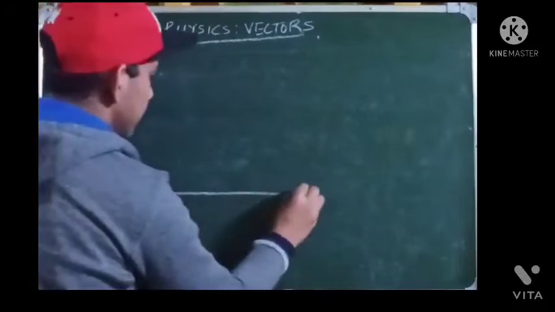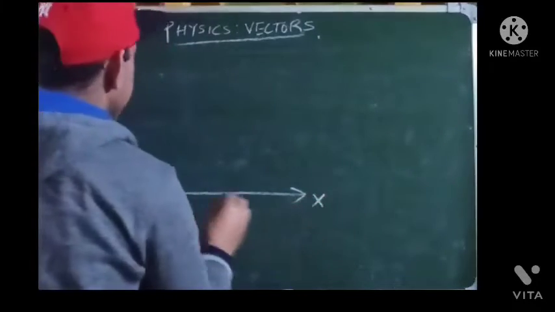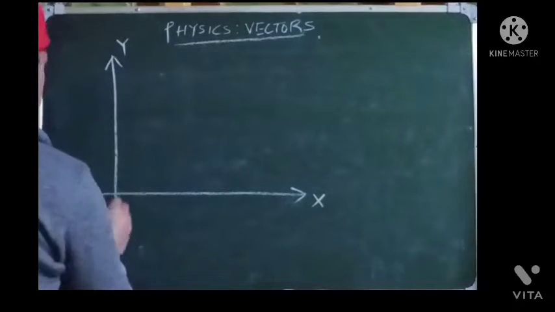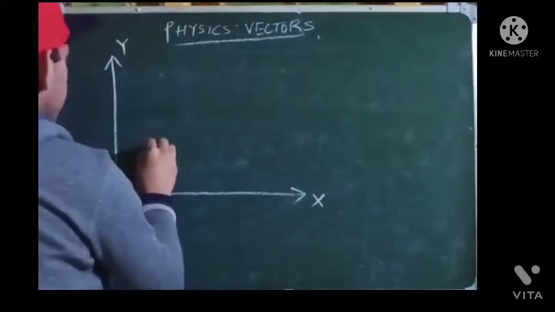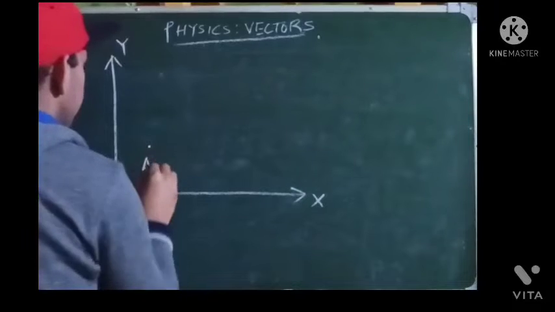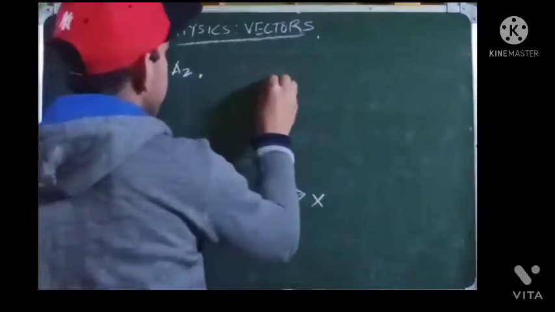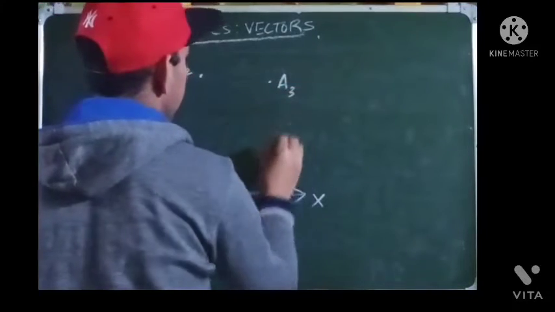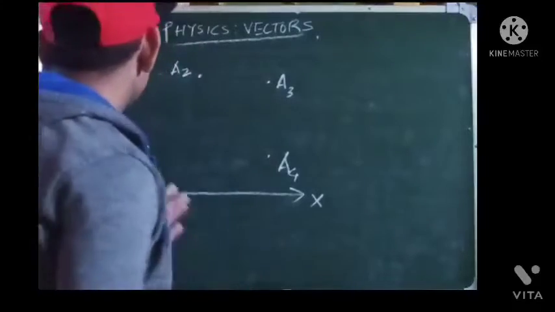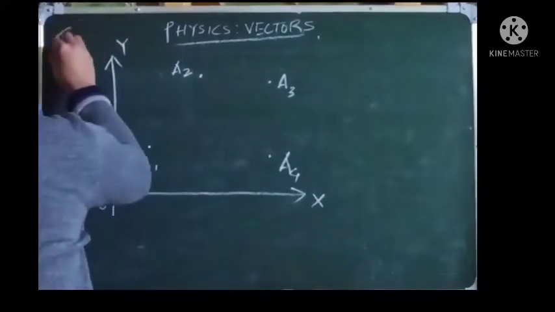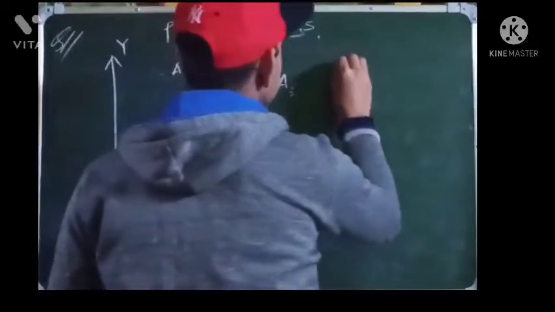Suppose it's in this reference frame, the xy coordinate system, this is O, and we are given a set of points. This is A1, this is A2, this is A3, and this is A4. In this question, we are required to draw the vectors